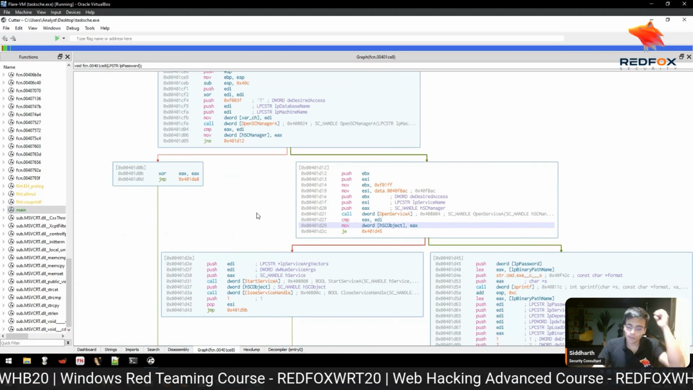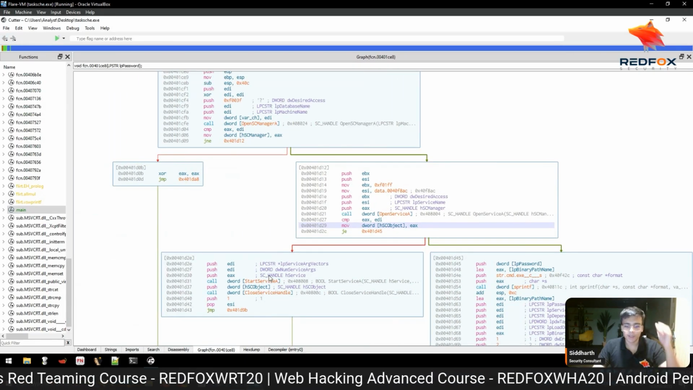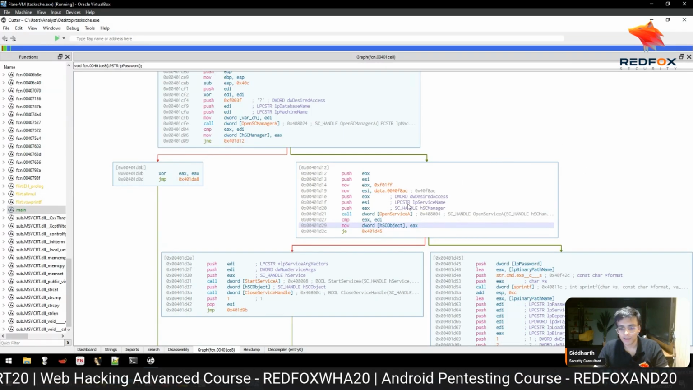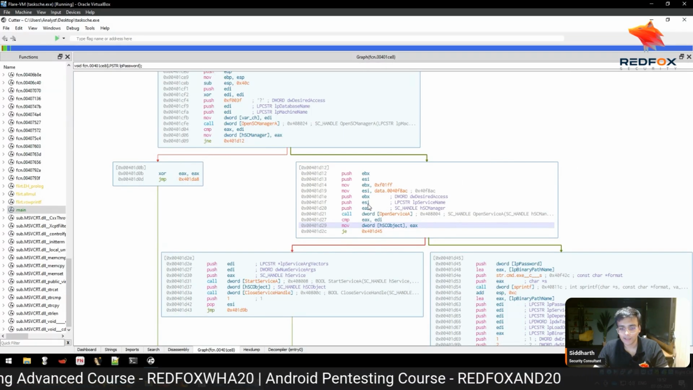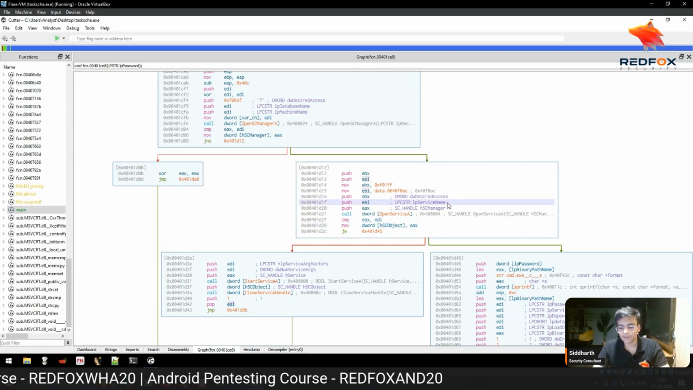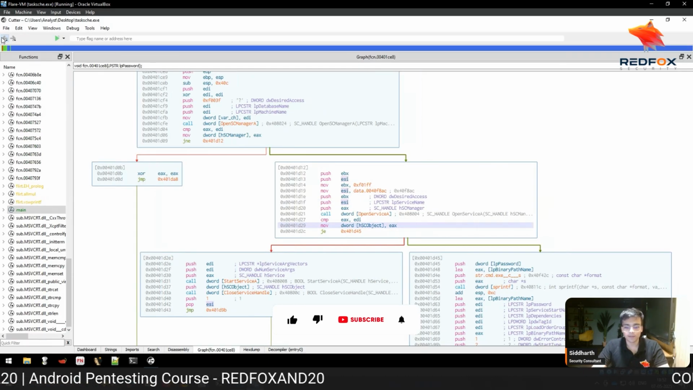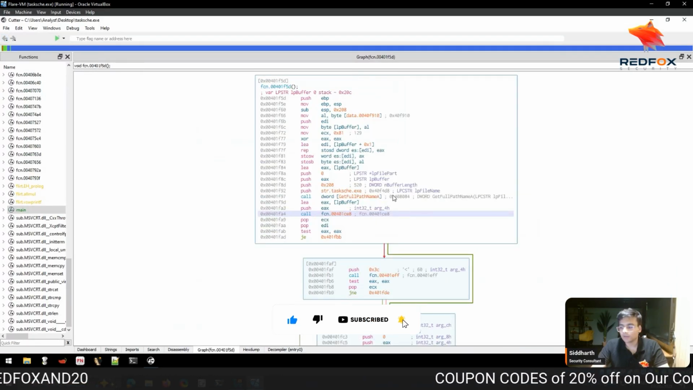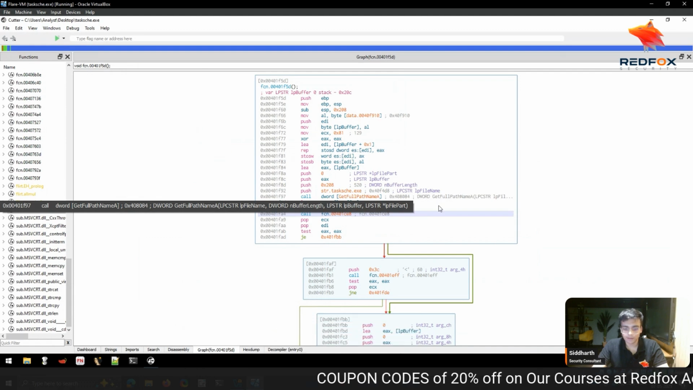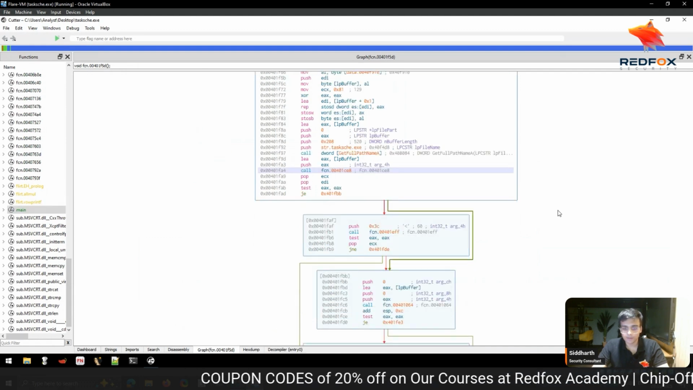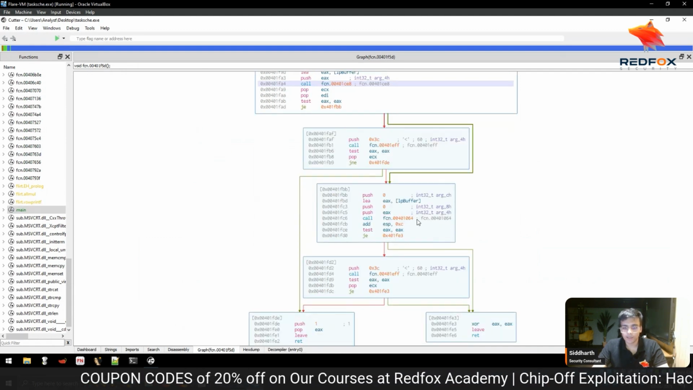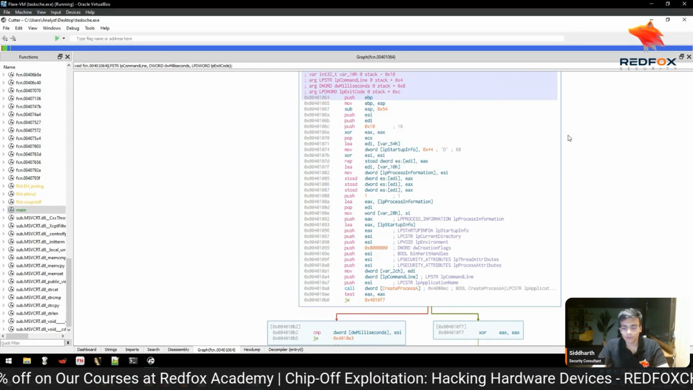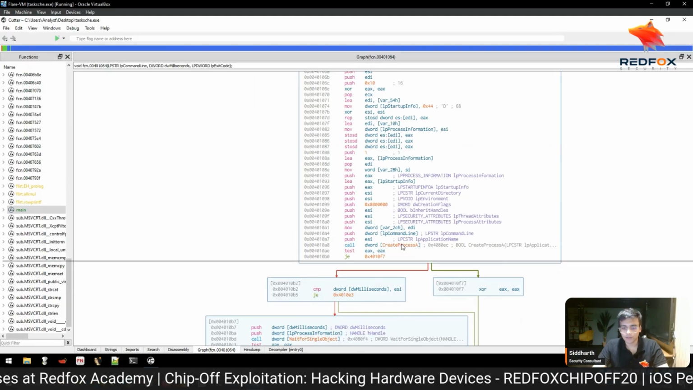If we go into dynamic analysis, we'll probably be able to understand what service it is by looking at the ESI, this LP service name, during dynamic analysis. Okay, so that was that. Then we have this function which is creating a process,